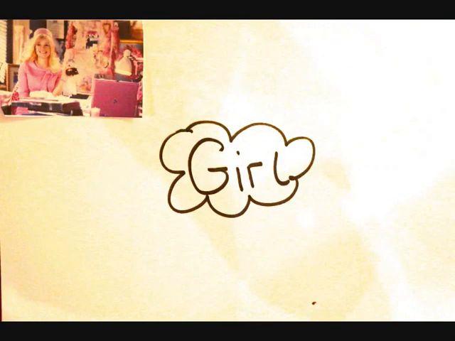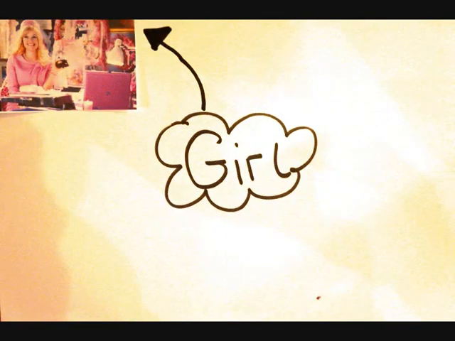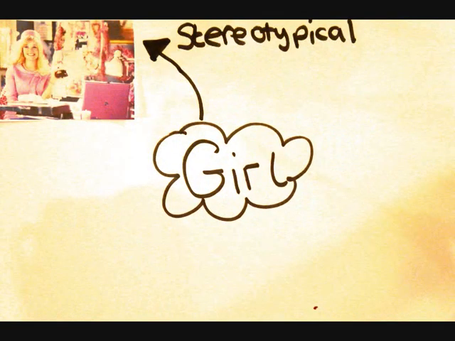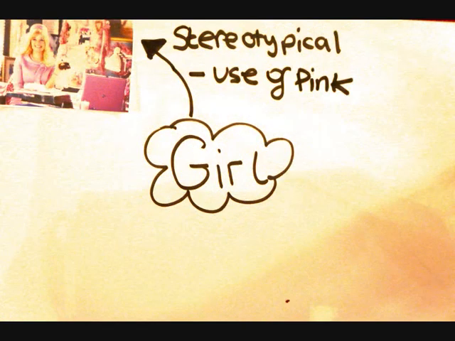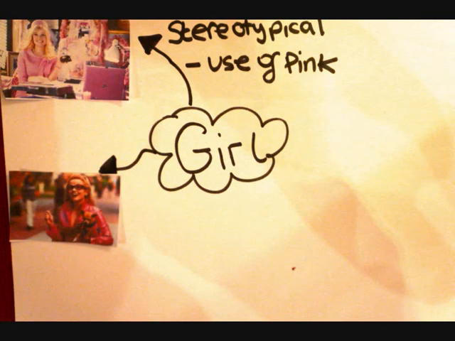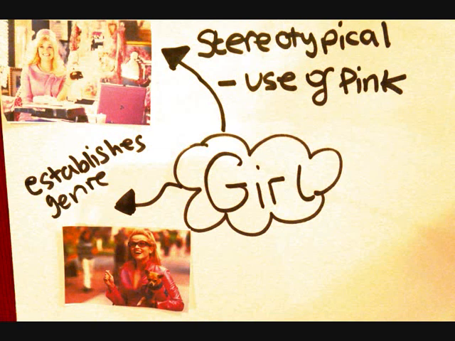In the girls' part, when we intercut to her, we wanted to create the mise-en-scène as being very stereotypical, just like in Legally Blonde, which has a lot of use of pink, and in our opening sequence we use a lot of purple, which is again a very feminine colour. Through the reference of these colours, this was a way of establishing our genre.